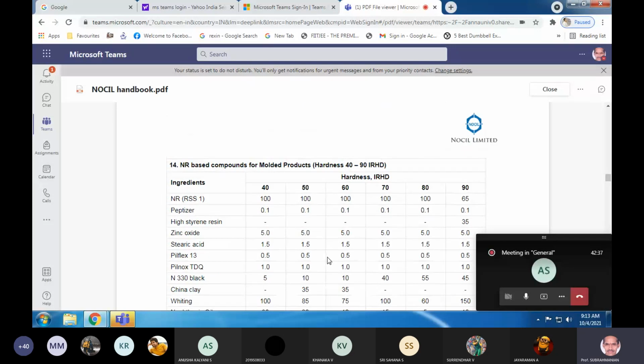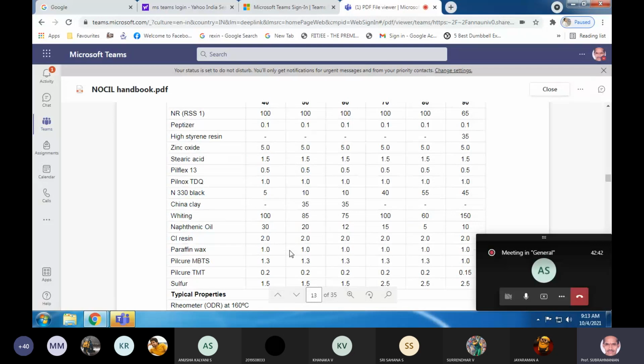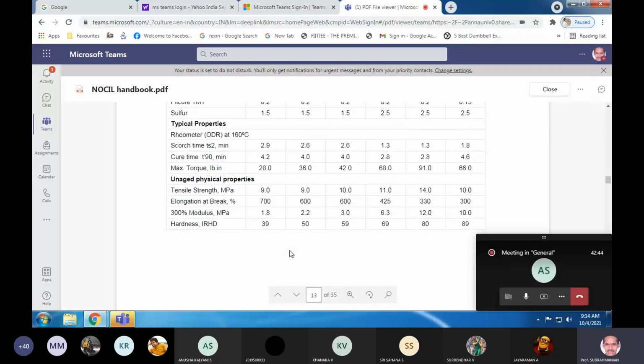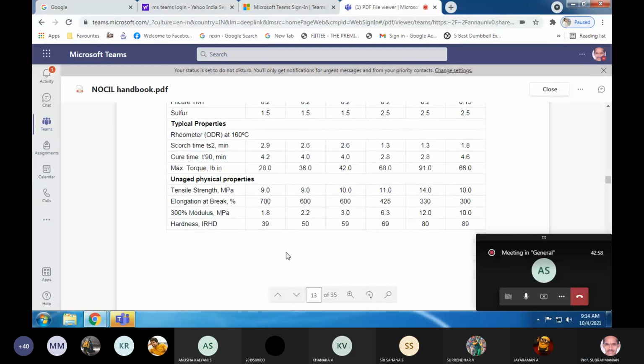The reason being, I have extended the formulation. I have added more diluents. What are the diluents? China clay, whiting. They are diluents, extending fillers. To that extent, the product made out of this formulation